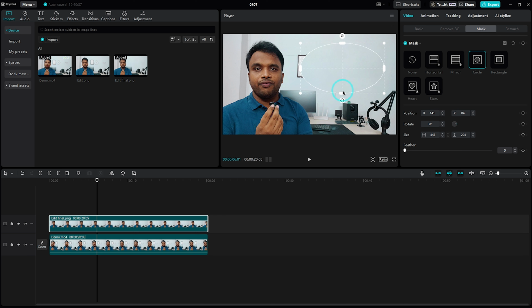So I want to just keep this mask area. So I think this mask is perfect, and if needed you can adjust the feather a little bit, but I don't think it's needed. So if I just make a playback now,